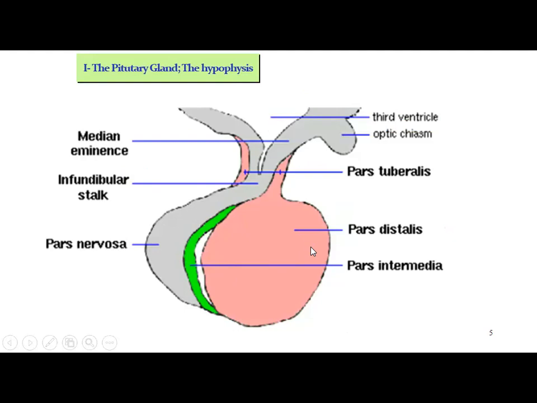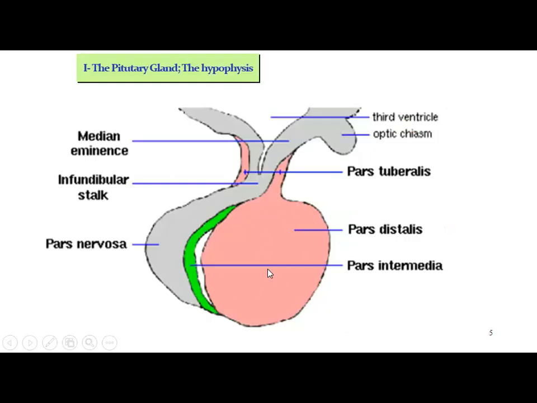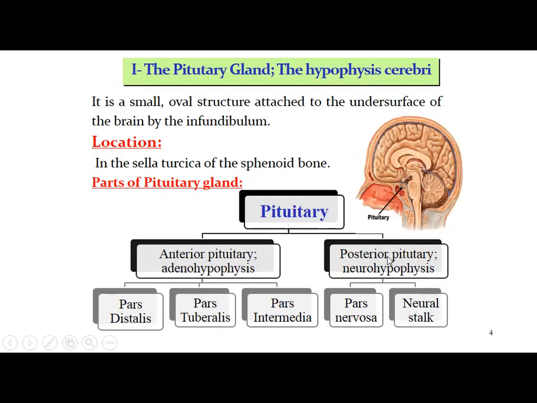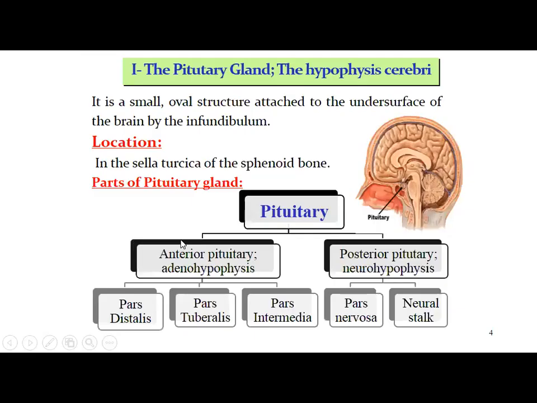The name itself indicates many things. Adeno means gland, so mainly the anterior part is glandular, and the posterior part is neuro because it is an extension from the brain. So a part of the brain has come down, and that's why it is called the neurohypophysis. So the anterior is glandular, and the posterior is more nervous. Based on that, it is classified into two: anterior pituitary or the adenohypophysis, and posterior pituitary or the